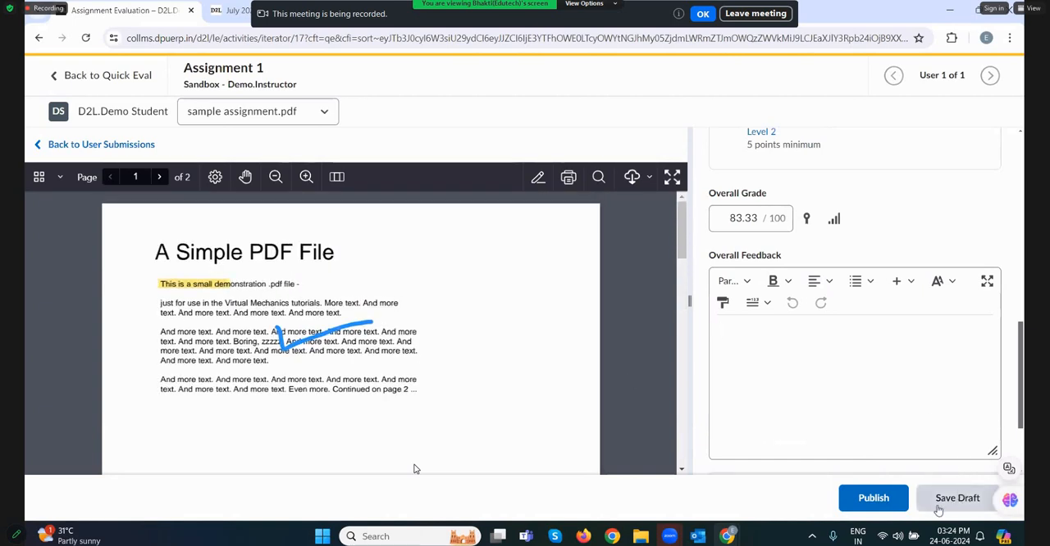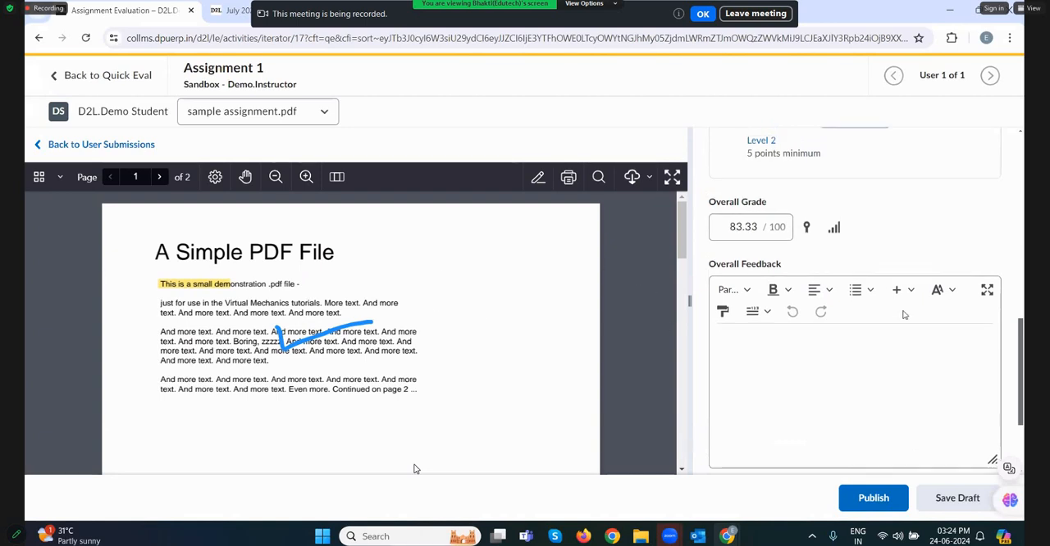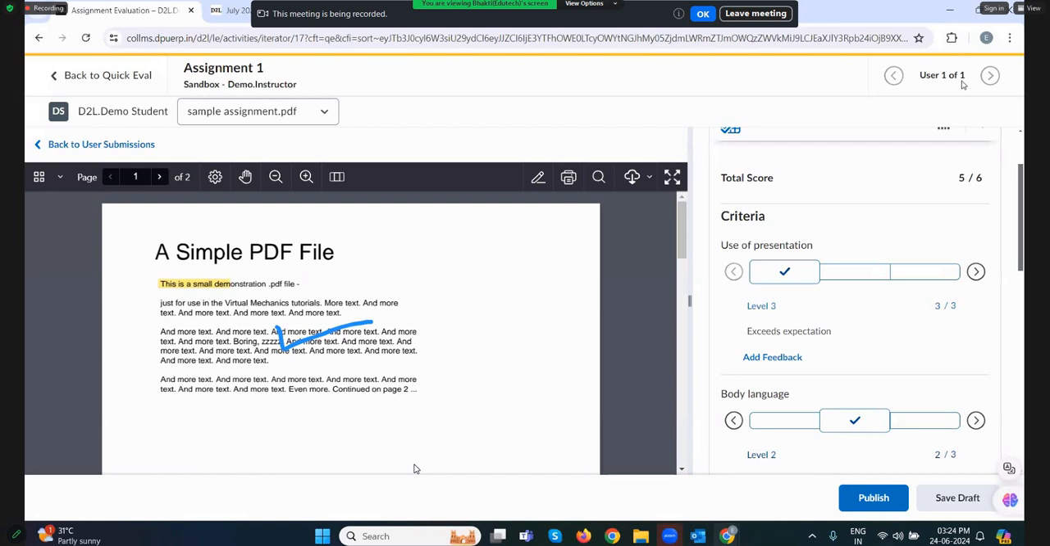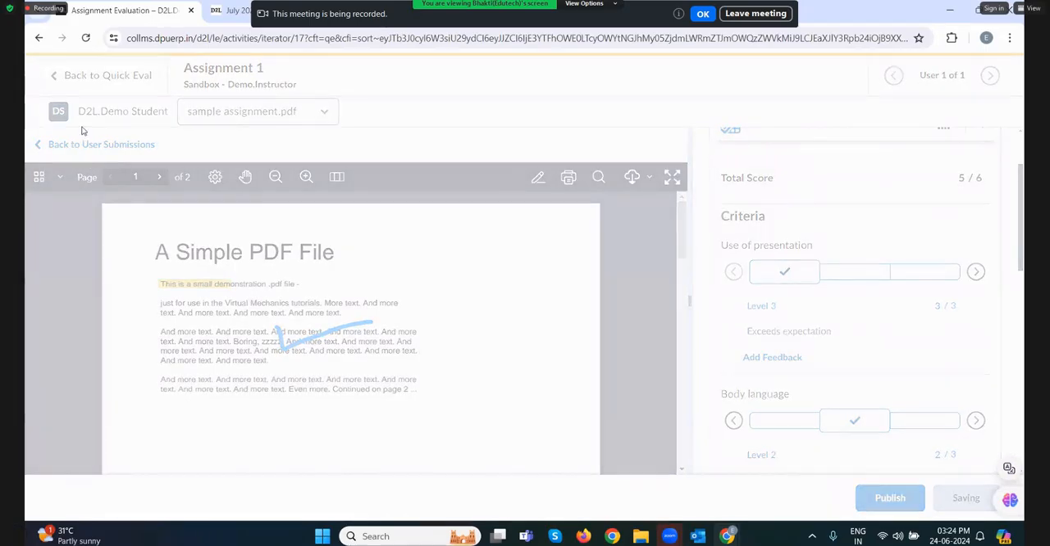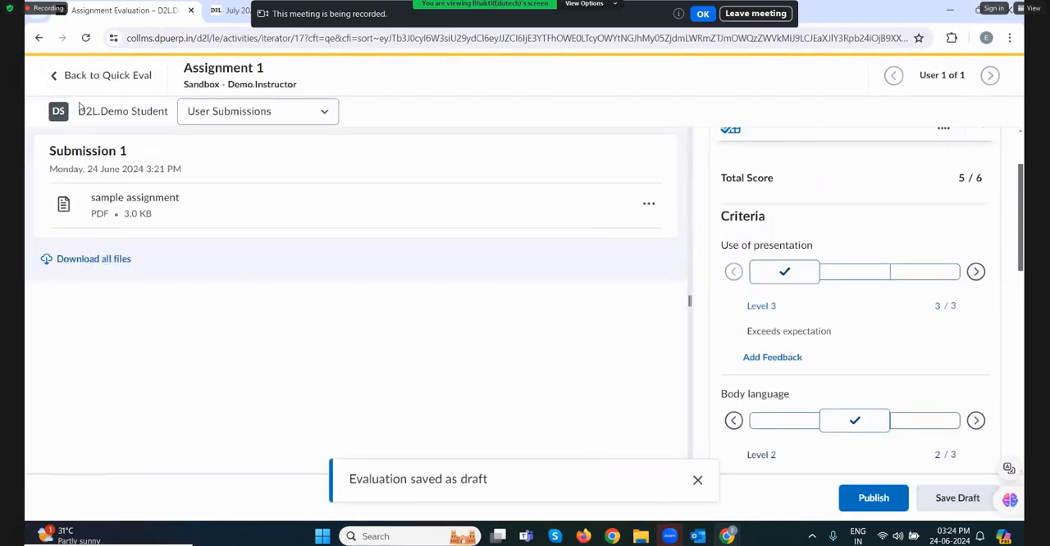They can save it as draft as well. When they save it as draft, the feedback is not visible to the student, but it is saved on the platform. They can keep on evaluating multiple student submissions, right? And post the due date, they can one shot publish the feedback. For example, if I go back to the submissions,